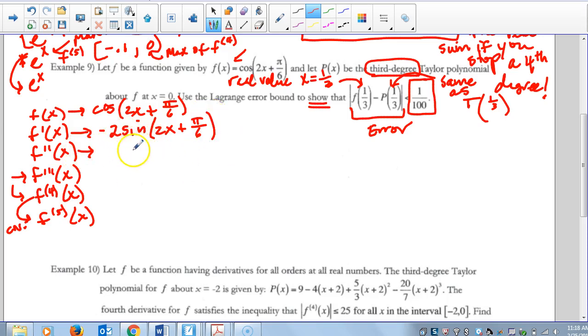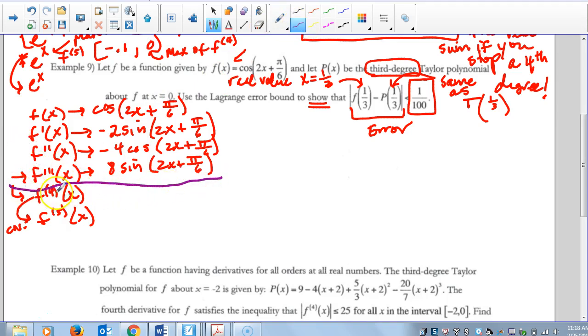Derivative of sine is cosine, so I'm going to have negative 4 cosine 2x plus pi over 6. Derivative of cosine is negative sine, so this is going to pop out positive 8 sine 2x plus pi over 6. Now, that's where I'm stopping. That's my stopping point,